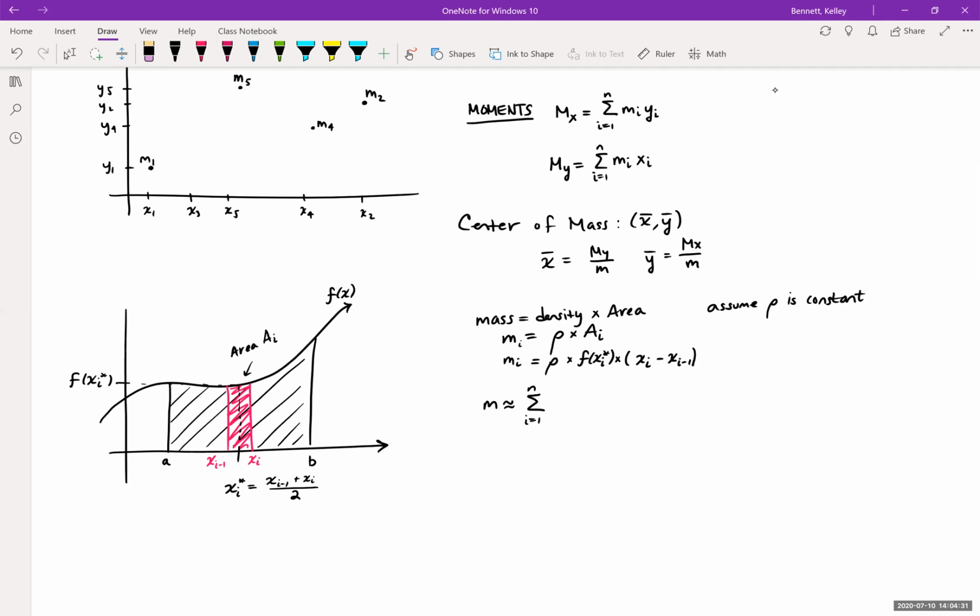So I should have rho times f of xi star. And I'm not going to write this as x sub i minus x sub i minus 1. I'm just going to call this delta x because it's just some change in x. So I get rho f of xi star times delta x, and this is my approximation. If I want it to be exact, I have to use the limiting process. So the limit as n goes to infinity of this Riemann sum